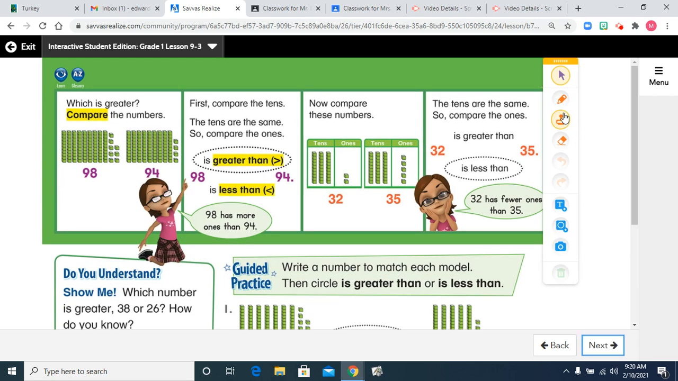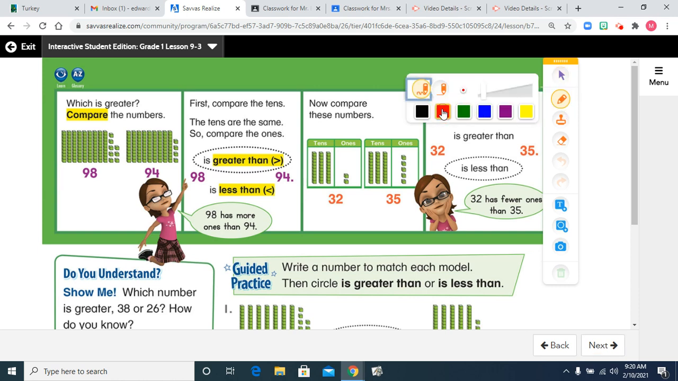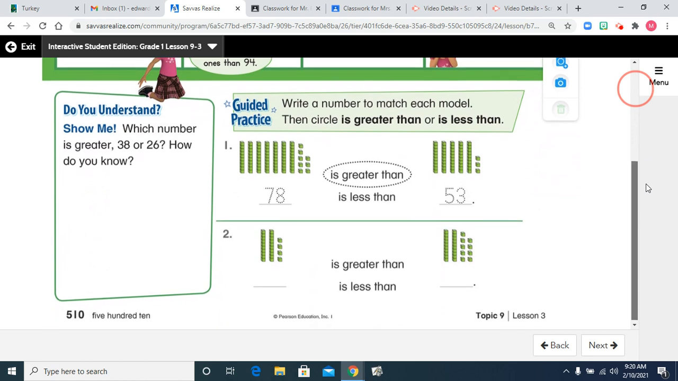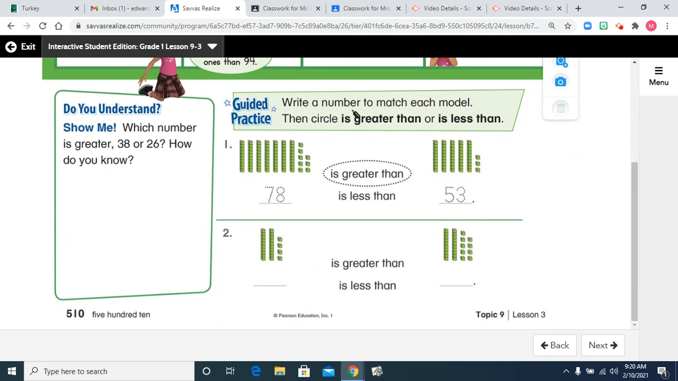All right, at the top, they're showing you greater than, less than, just like they did in the video. And we're going to be doing that down here at the bottom. It says write a number to match each model, then circle is greater than or is less than. So the first one, let's count by tens first, and then we'll count by ones to see what the